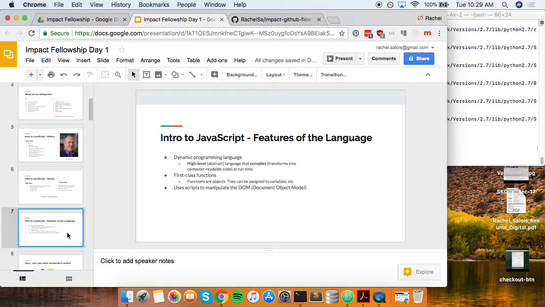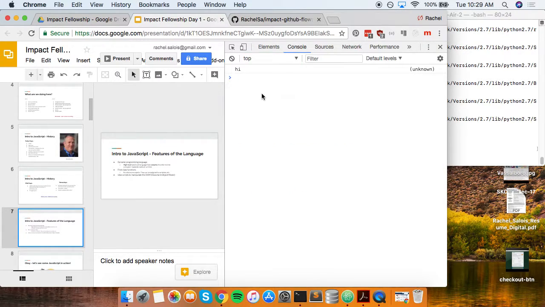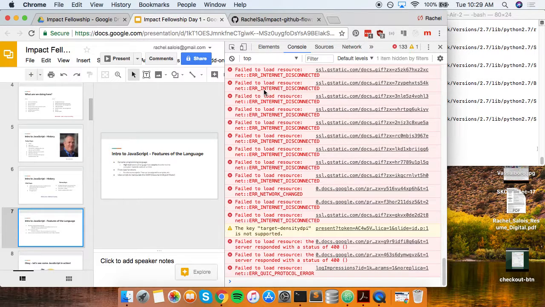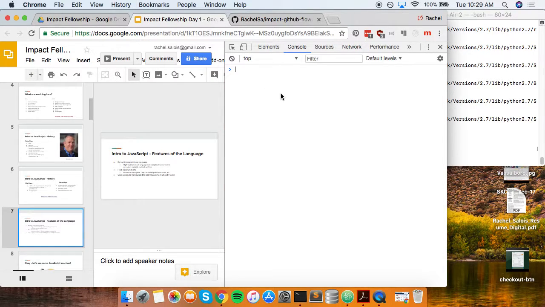JavaScript has first-class functions, which is different from other languages like Ruby. It just means that functions are objects. They can be assigned to variables. So we can do this. Here I am in my console. Ooh, got some errors here. It means I can